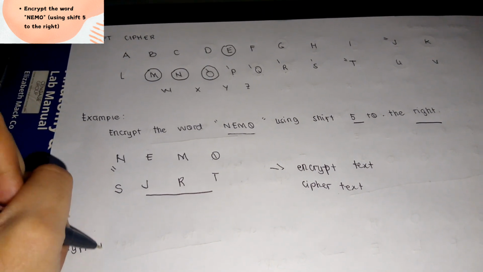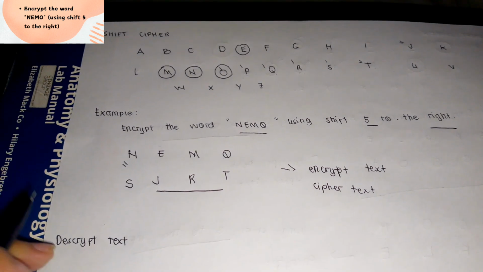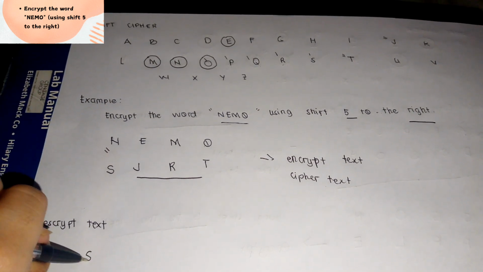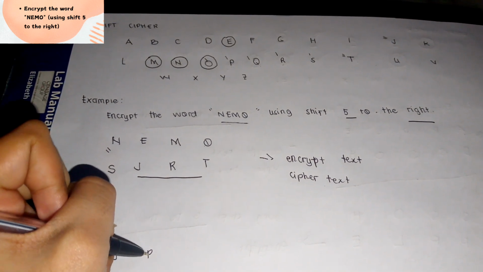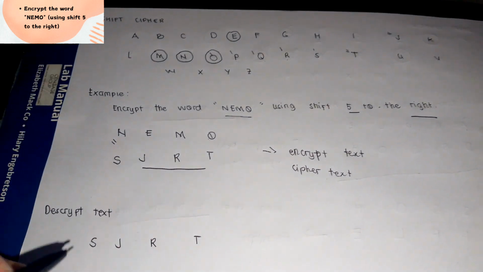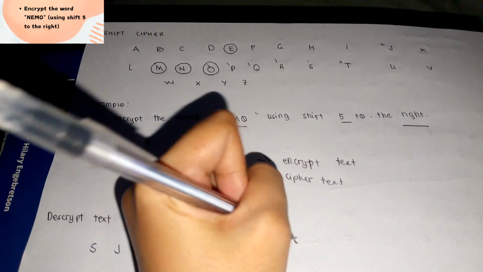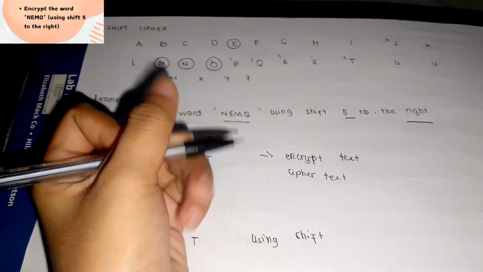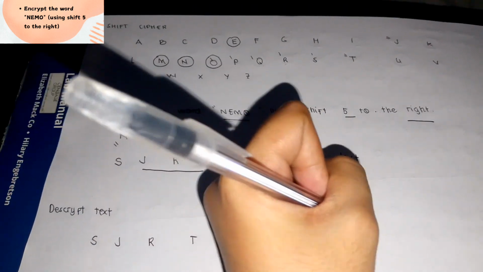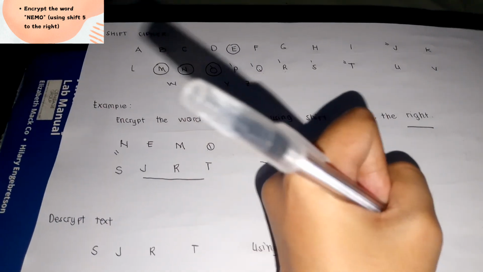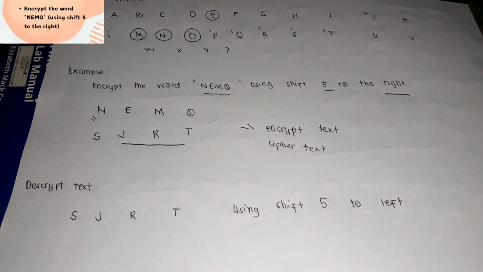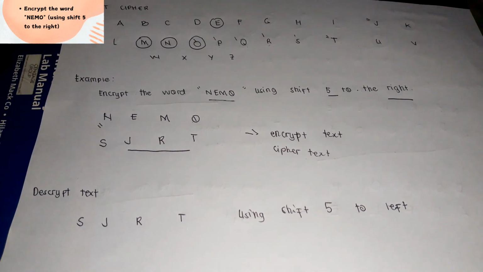Okay, decrypted text. So again, we're going to write the encrypted text, and instead of using shift 5 to the right, we were going to use shift 5 to the left to bring back the original text or the plain text of the